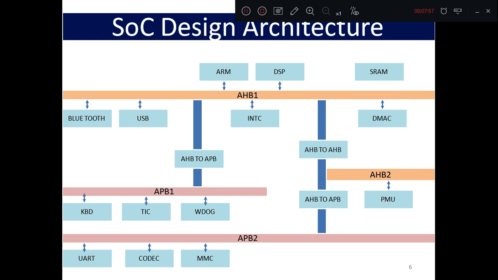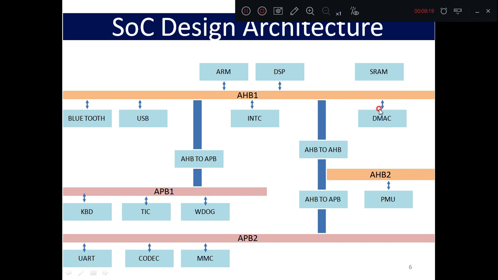Now there are different blocks connected or present in the SoC architecture. For example, let us consider this. Why is this DMA required? DMA, as all of us know, is direct memory access, and it is a controller. DMAC is a controller for that. Why is this DMA controller required?